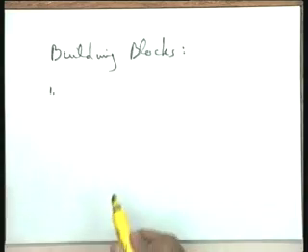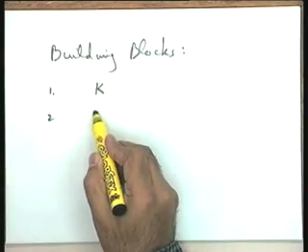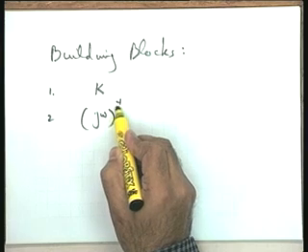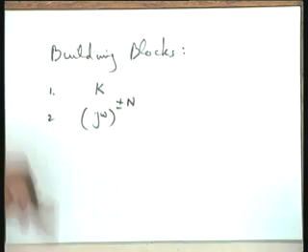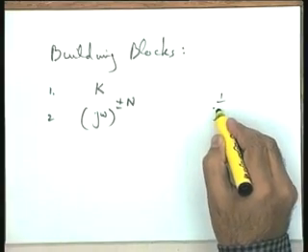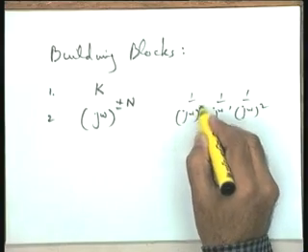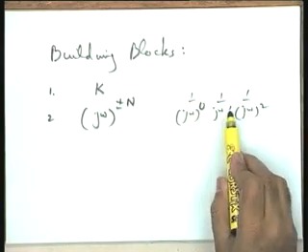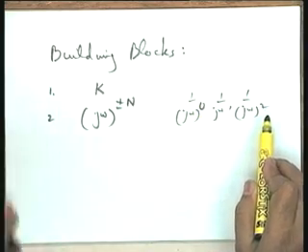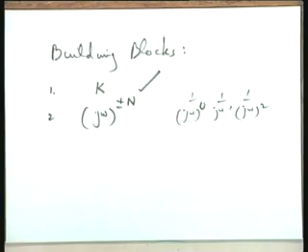I take the first building block as the magnitude K. Okay. The second building block I am taking as (j omega) raised to plus minus n, in general. It could represent a 0 at the origin of certain order, it could represent a pole at the origin. Though you know that practically 1 by j omega, 1 by (j omega) squared and 1 by (j omega) raised to the power of 0, type 1, type 0, type 2 systems are the most practical cases that we know, but we can say that this is the most general case.